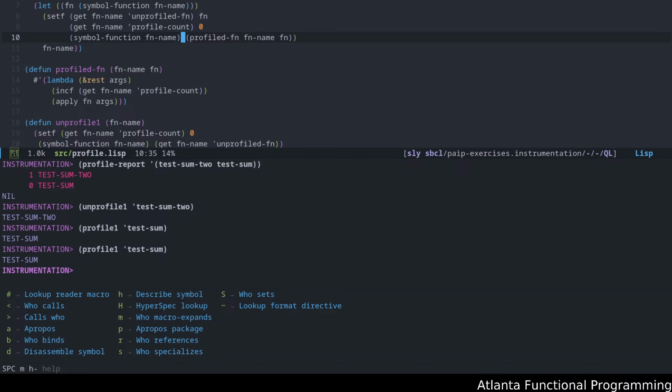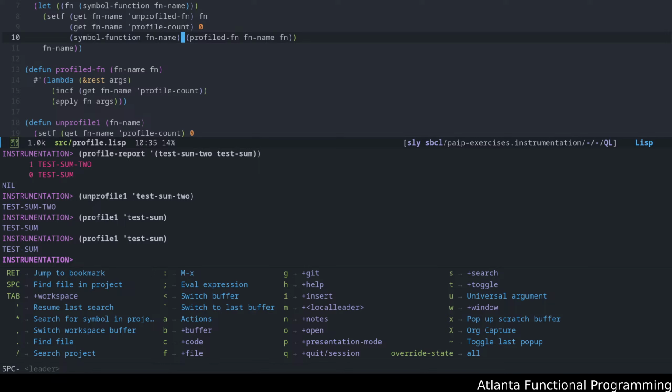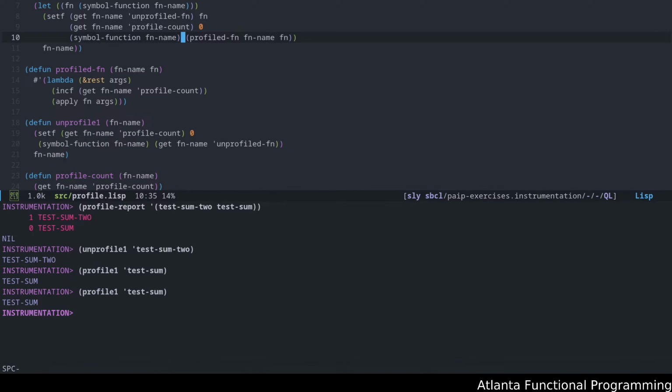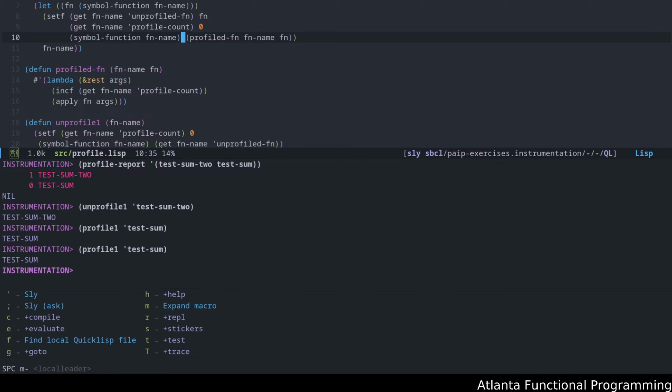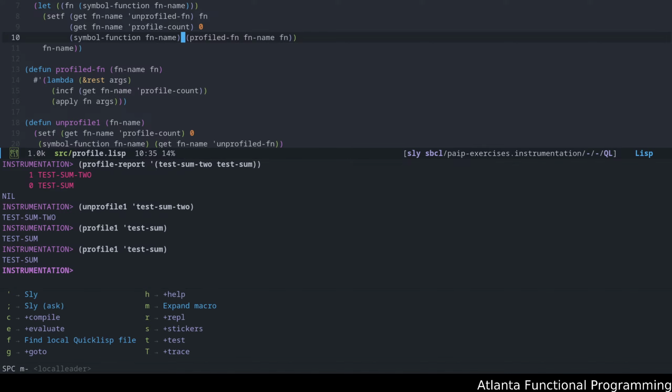Um, it is um e no, no, not e, not compile, nothing. Stickers.